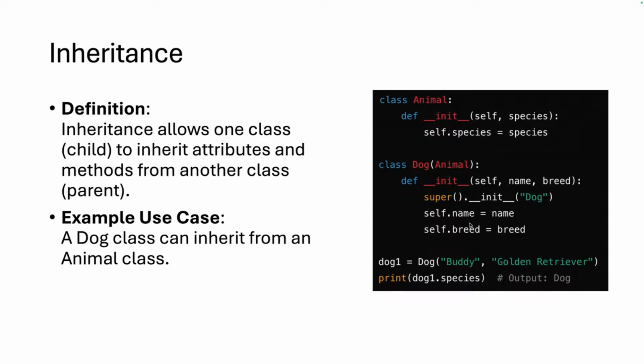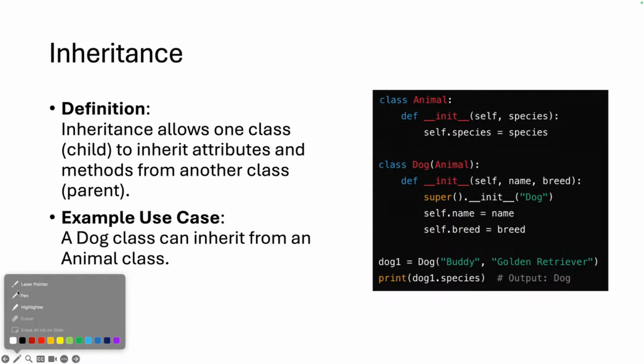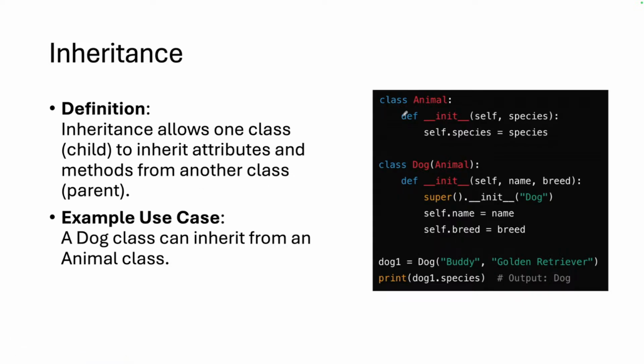Inheritance is really, really cool. Probably one of my favorite things about object-oriented programming is inheritance. Inheritance allows these child-parent class dynamics. So we think about this very naturally as humans. Dogs and cats are both animals. And so there are some attributes, we talked about attributes, that a dog and a cat should share, such as a species, maybe. Or maybe there are some things that as animals, dogs and cats have in common.